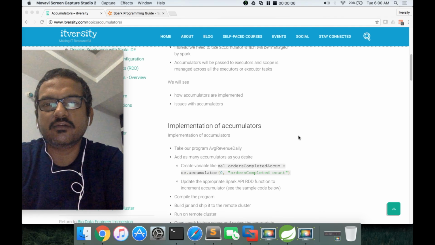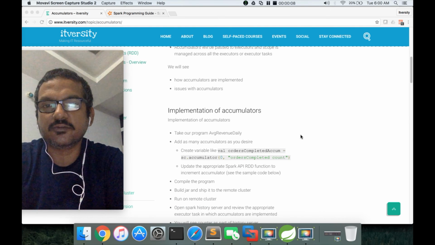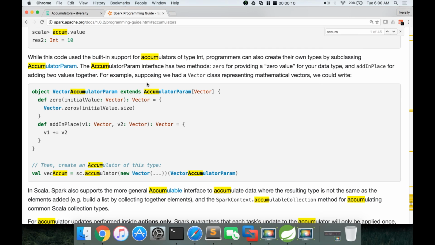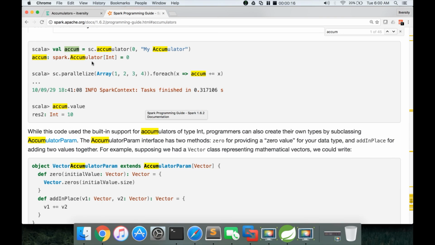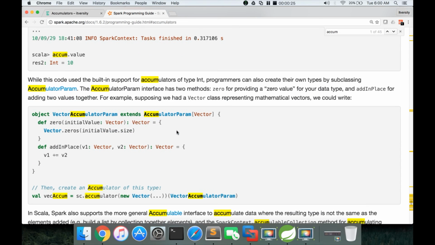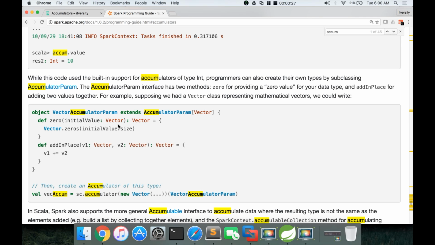As part of this video, we'll see the implementation of accumulators. There are simple types of accumulators and also complex custom accumulators. For simple accumulators, you just have to create the variable like this and then use that variable in the appropriate actions or transformations. Whereas if you want custom accumulators, you can do so by defining an object which extends